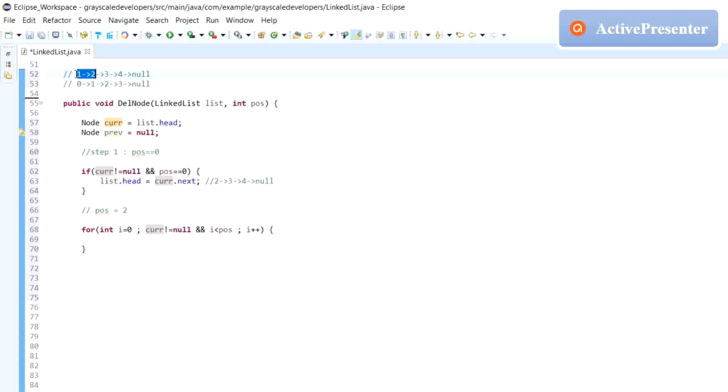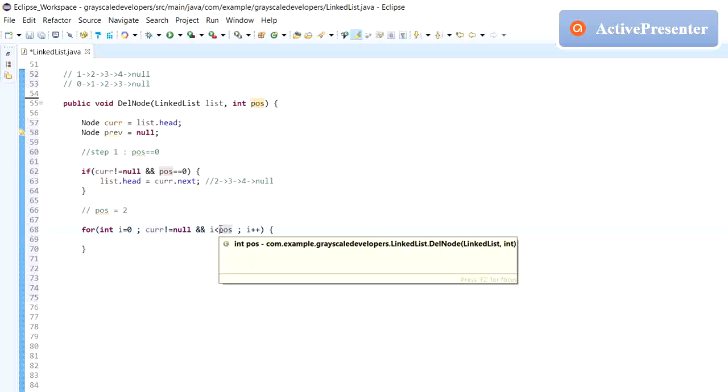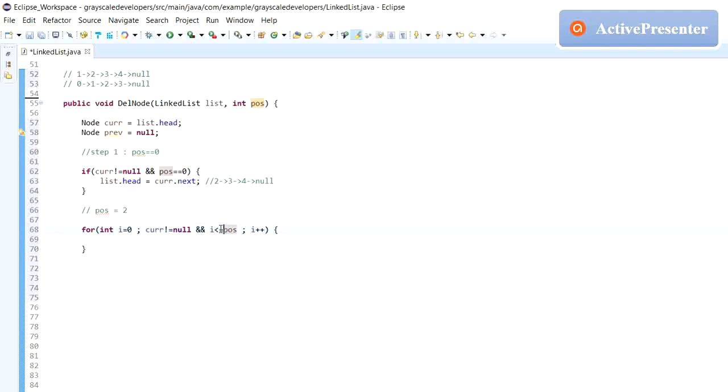If the position is 2, then I'm traversing from 0 to 1, because I kept it less than position, not less than or equal to position. If the position is 3, then it will traverse from 0 to 2.